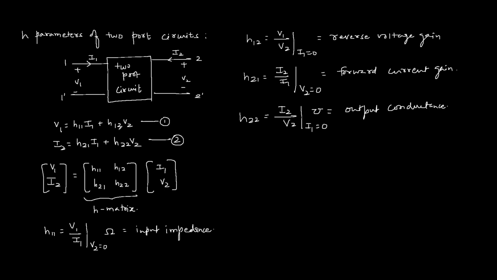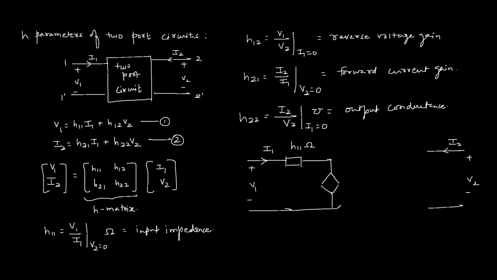Now we can draw the equivalent circuit for the equations of H parameter. In the first equation, on the left hand side we have voltage, so the two terms on the right hand side are also voltages, and sum of voltages is possible in series connection. So V1 is the voltage of input port 1, and H11 I1 is a voltage. So here we have a resistance or impedance H11, and the second term is H12 V2, where V2 is the voltage of port 2. So in port 1 side we connect a voltage dependent voltage source, and its value is